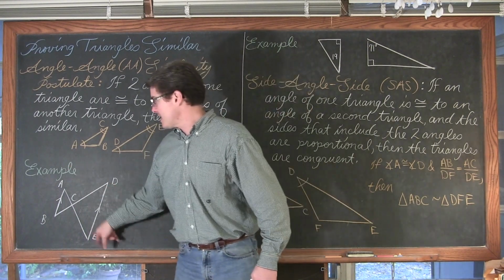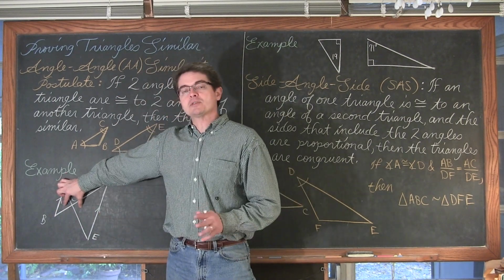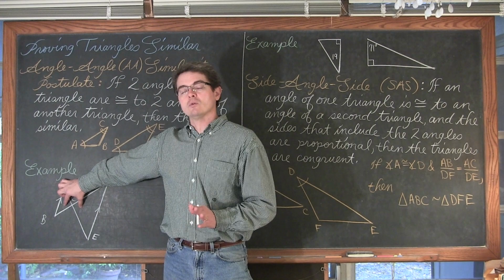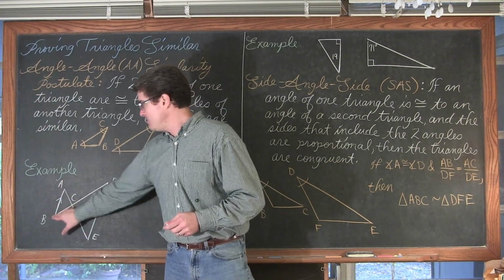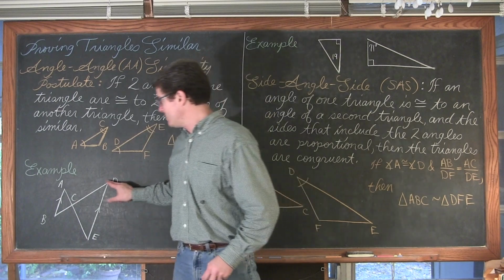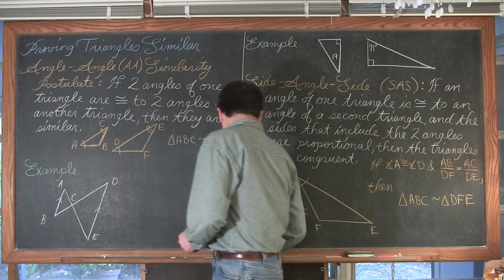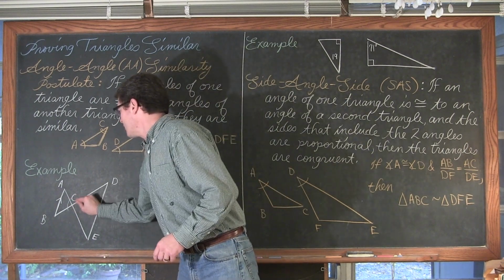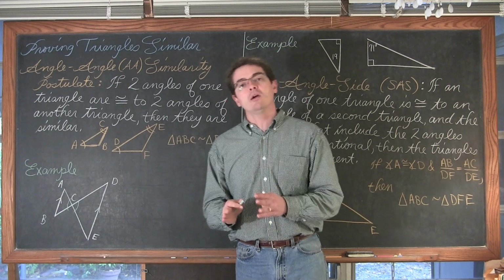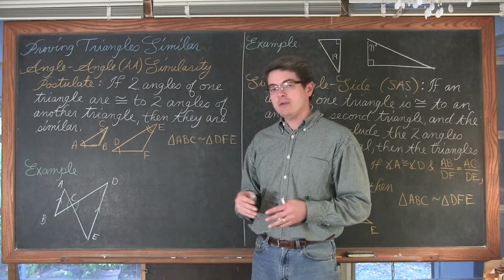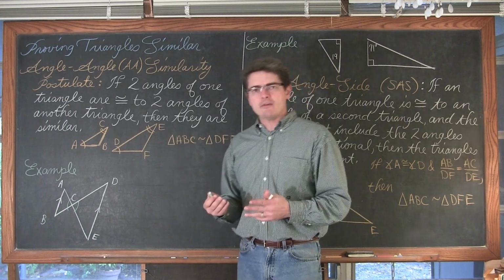Now, when you have 2 segments or lines intersecting, the angles on the opposite sides of that intersection are going to be congruent. They're called vertical angles. So angle ACB is going to be congruent to angle DCE because we know that, let's pick a different color, our vertical angles are always congruent. So boom, I just got 1 pair of congruent angles due to vertical angles are congruent. What else do we have going on here?